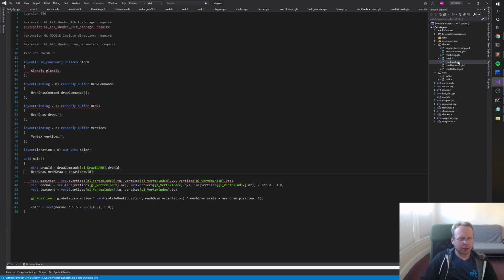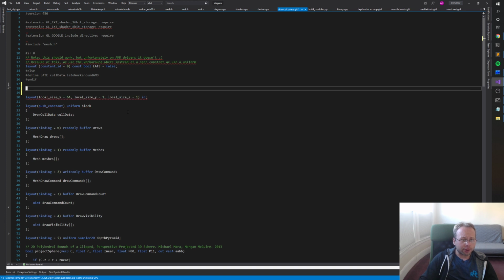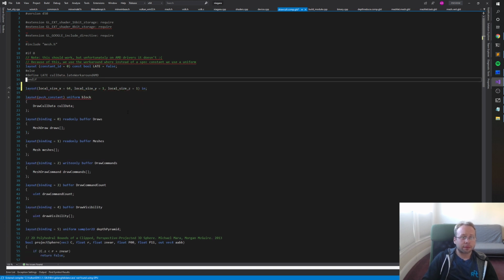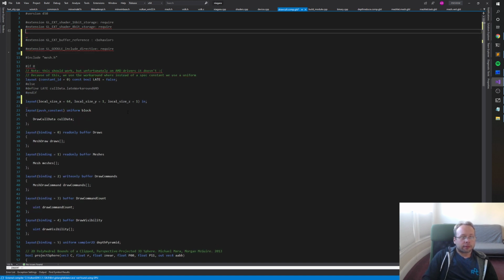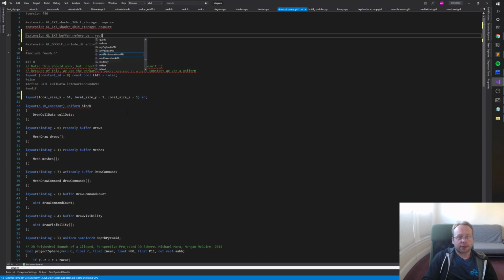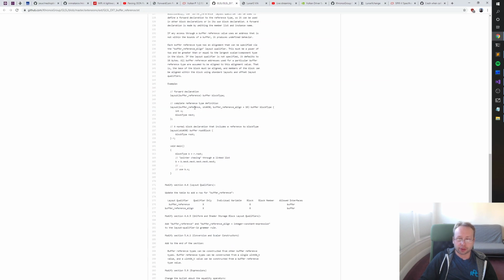Or I guess we could actually do this with this guy, maybe. But it's probably easiest to do this with the coloring shader. So let's see here. We're going to require this extension, and in theory what this allows us to do is to say